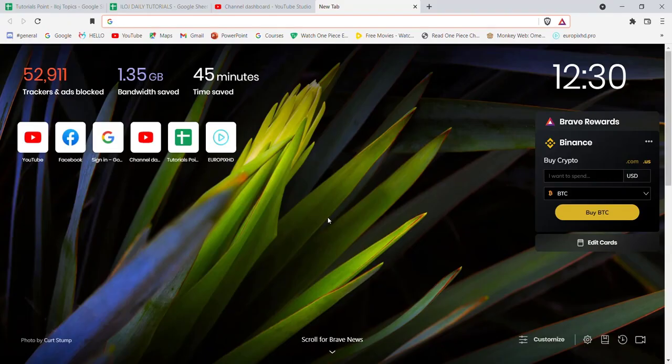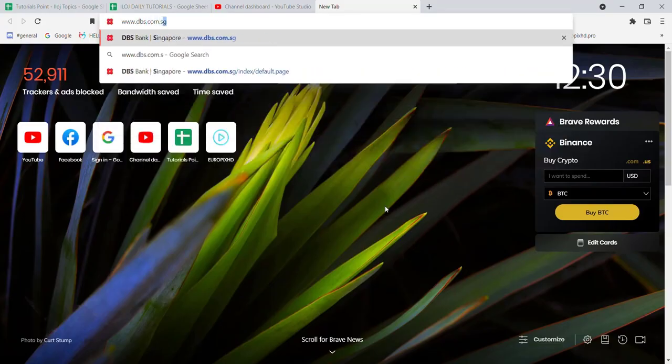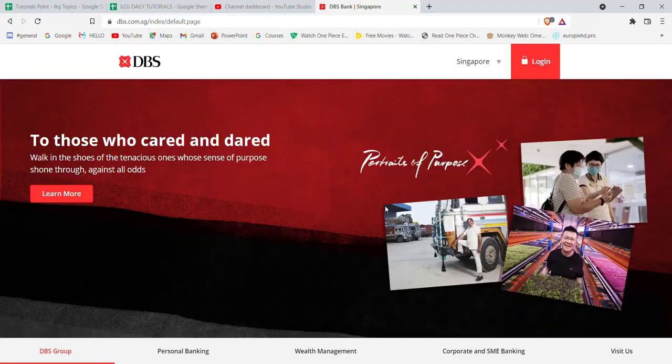First of all, make sure that you're connected to the internet. Once you've made sure that you're connected to the internet, open up a web browser. Now, once the web browser is open on your screen, type in www.dbs.com.sg and hit enter. After the home page of the Development Bank of Singapore opens up on your screen, on